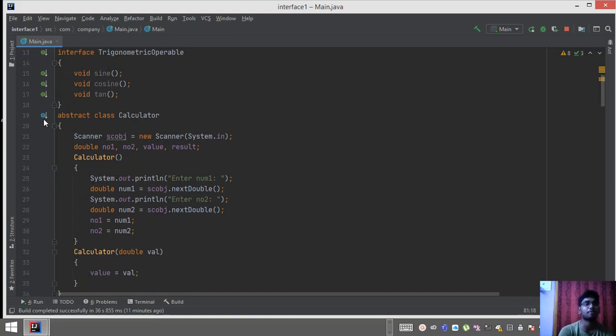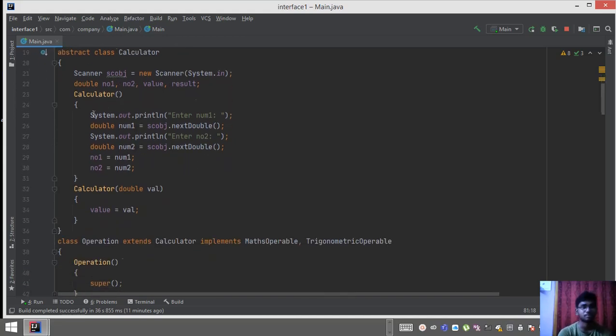According to that, I'm creating an abstract class called calculator and taking the input from the user. For that, I'm using a scanner object equal to new Scanner(System.in). This is the way to take input. I'm using the double data type for number one, number two, and result.